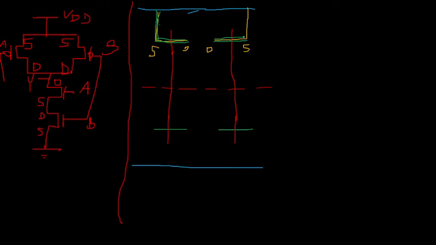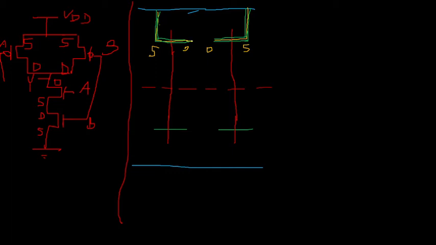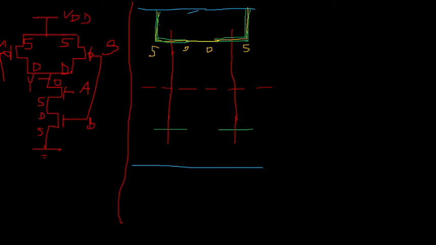Here also you can outline it with the green color. When you make it with pencil color or sketch pen, it will be more clear. Here it might get overlapped, but I am trying my level best to explain it. Here both the drains are also shorted together, so we have to make both the drains common. So I am extending this diffusion line here, and again I have to outline it with green color. And this is our first thing done. We are completed with the connection of the NMOS transistor.